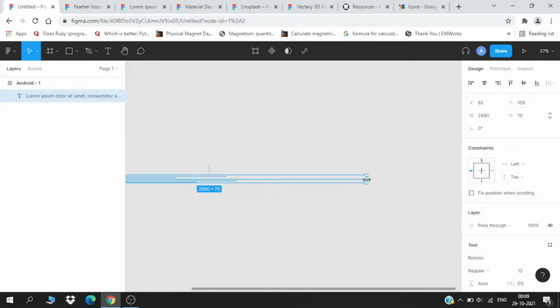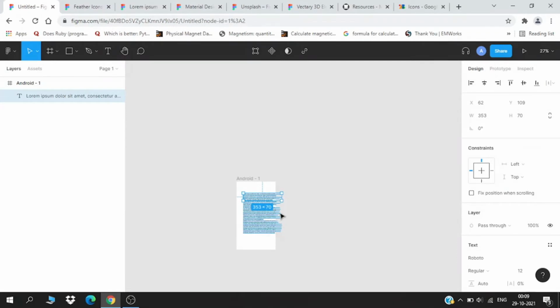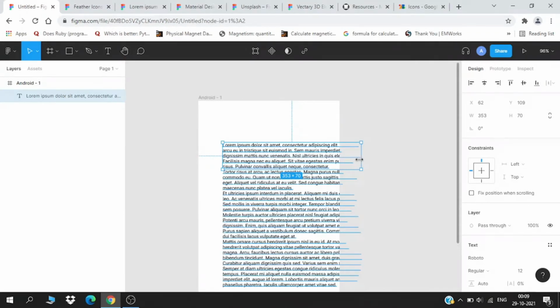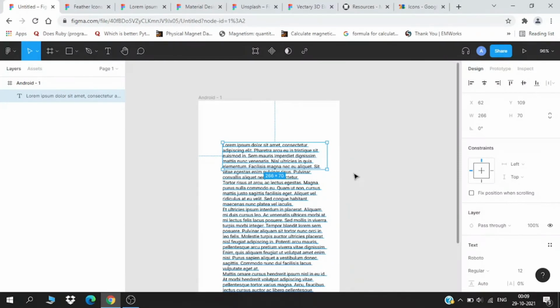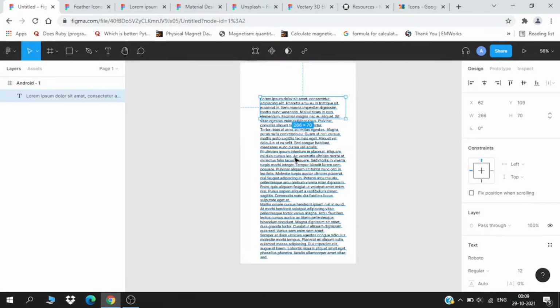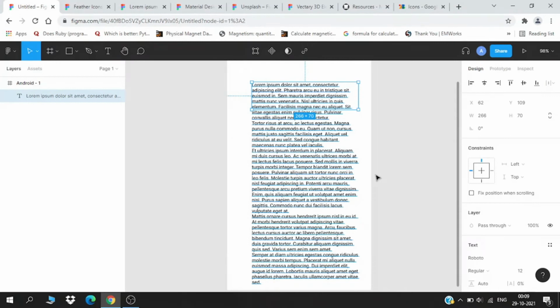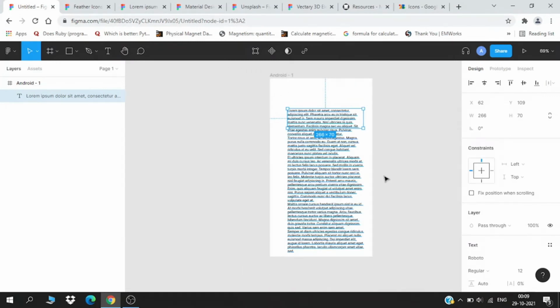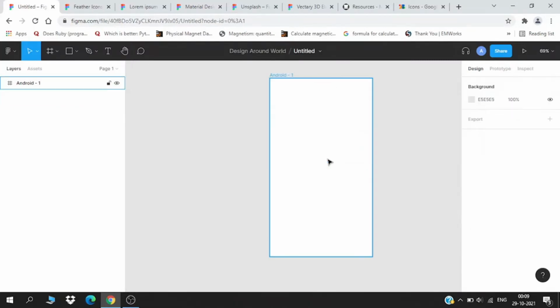If I shrink it, as you can see, these are 5 different paragraphs which the plugin generated as a sample. It doesn't contain any meaning, it's just sample text you can have for your next design. So this is a basic plugin which I believe everyone should have.